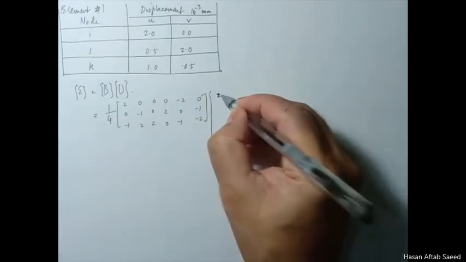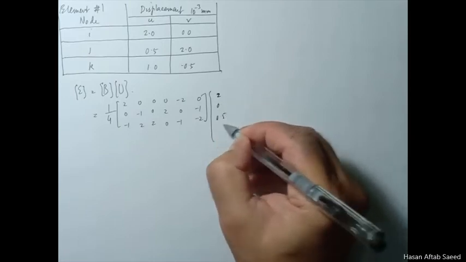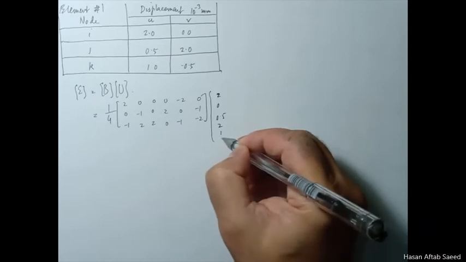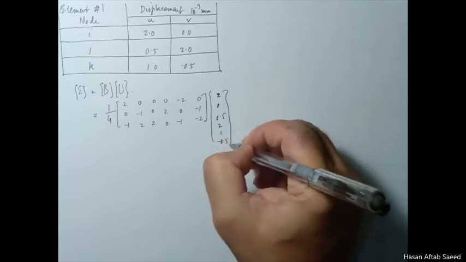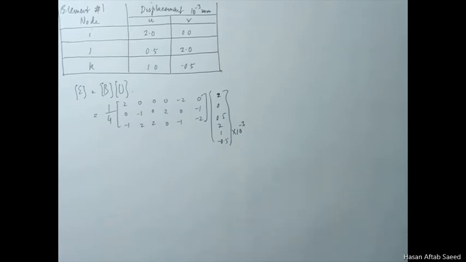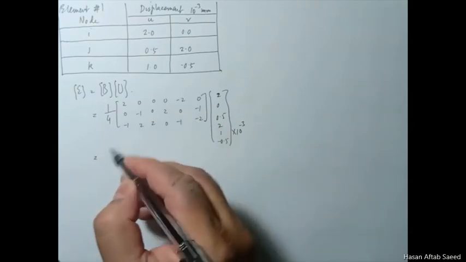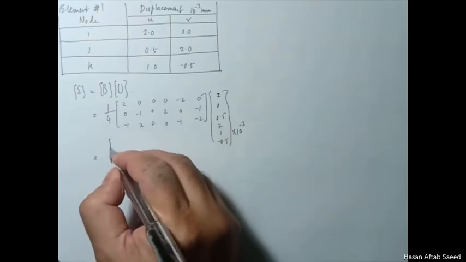So we just put in the values 2, 0, 0.5, 2, 1, minus 0.5, and don't forget that these are all very small values. So if you calculate this, you get